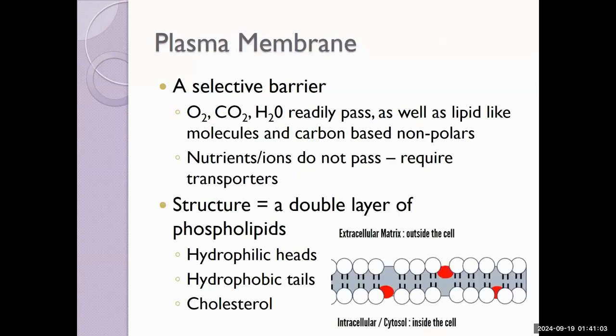The plasma membrane. It is a selective barrier that allows the cell to keep separate and distinct from the outside world, but also allow things to pass through to obtain nutrients and building blocks for future reactions and growth. The plasma membrane is built of a double layer of phospholipids, one facing the outside world, one facing the inside of the cell.